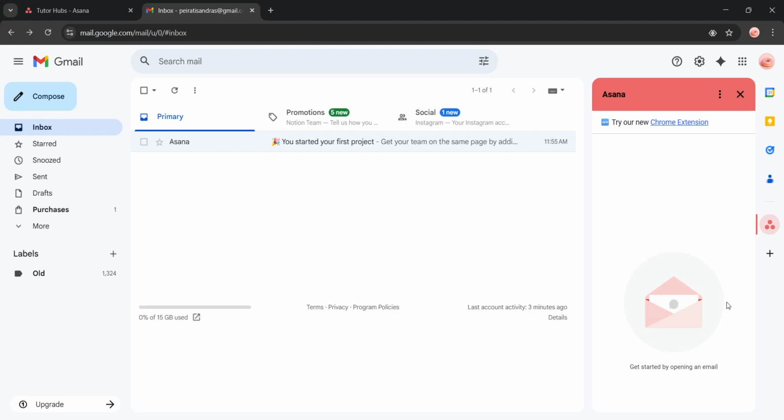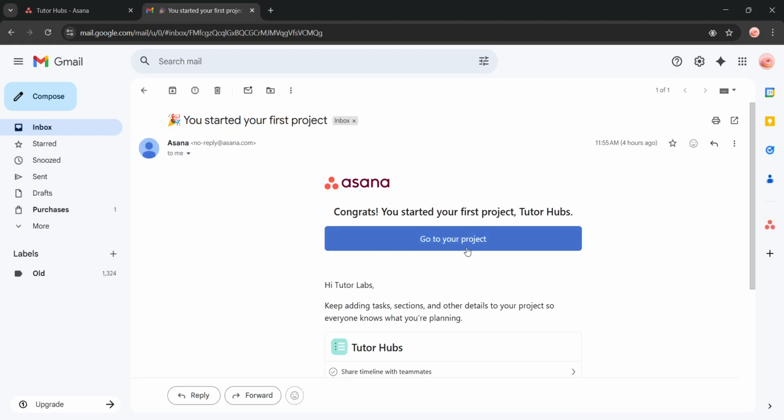Once you're fully logged in, you'll be able to create Asana tasks directly from your emails, assign them to projects, set due dates, and manage everything without switching between tabs. This integration streamlines your workflow